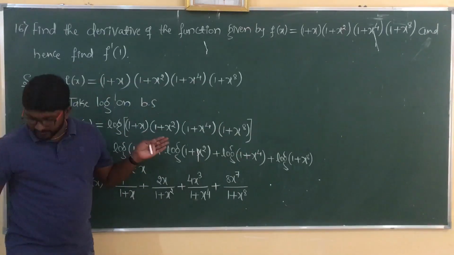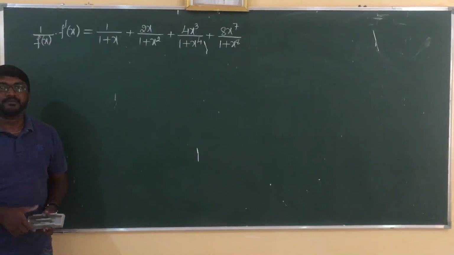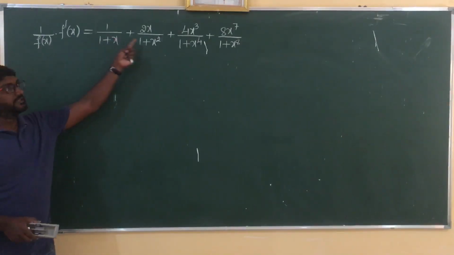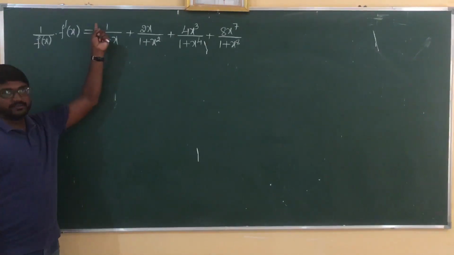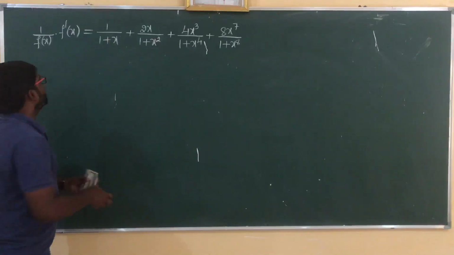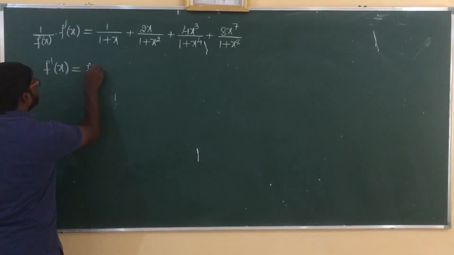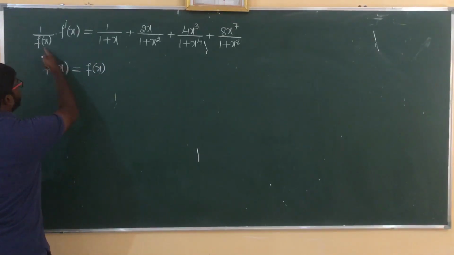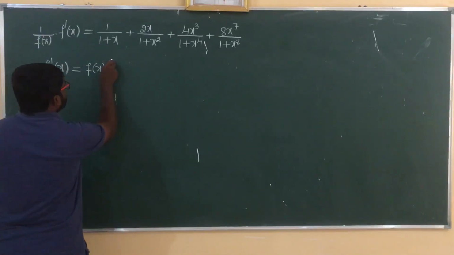Since we don't have much space, pause the video to note it down, then we'll continue. Okay, let us continue from this step. Now we have to take f of x to the RHS, it goes to the numerator. So I write f dash of x as it is, f dash of x which is equal to f of x. I am taking this to the RHS, it goes to the numerator. f of x into the bracket.